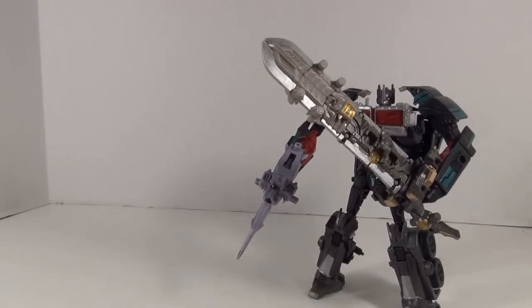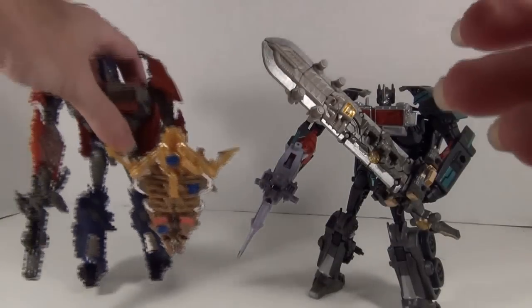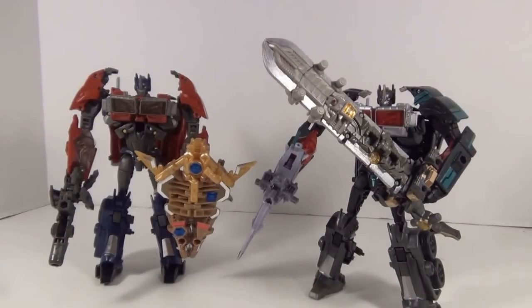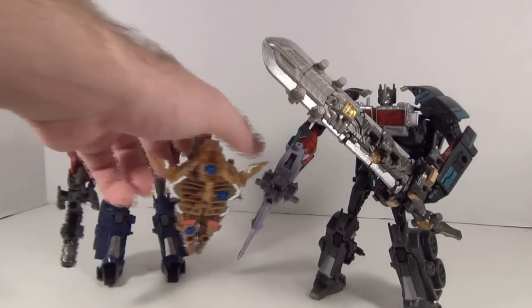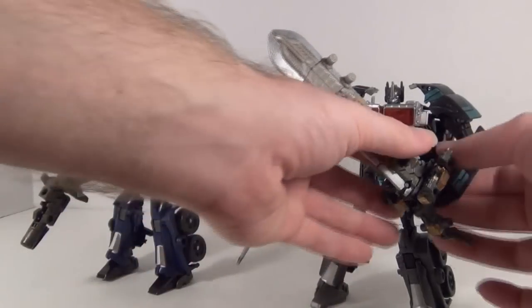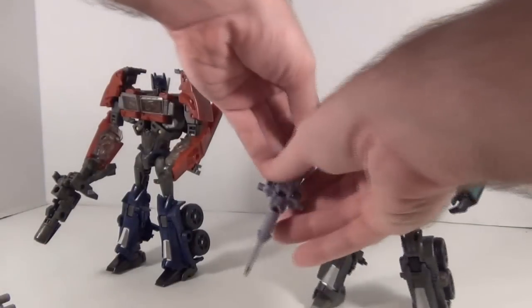And here's Cosmotector, or the Battle Shield, which looks good on Optimus. And you know what? Let's have some more fun. And just quickly